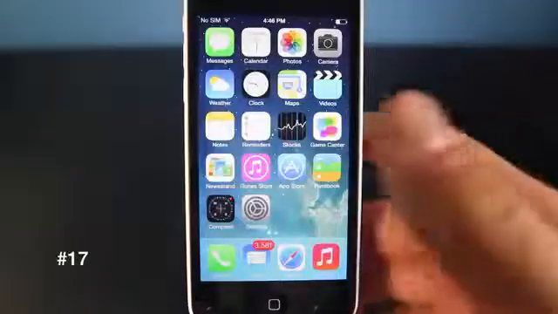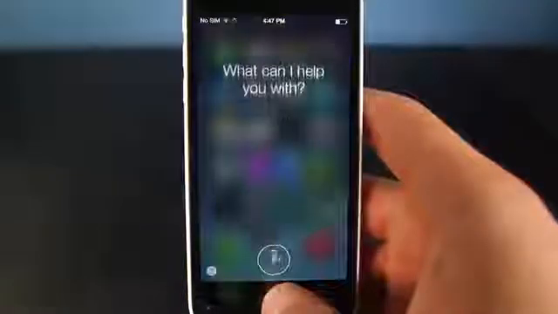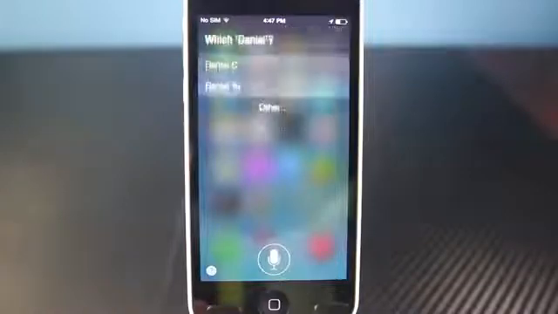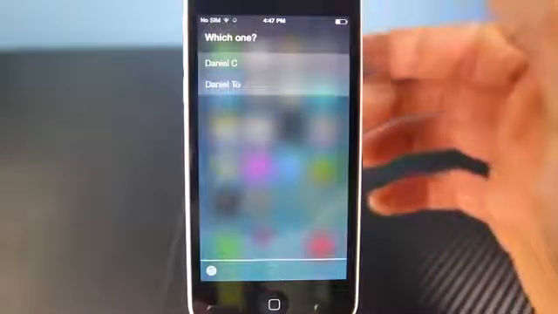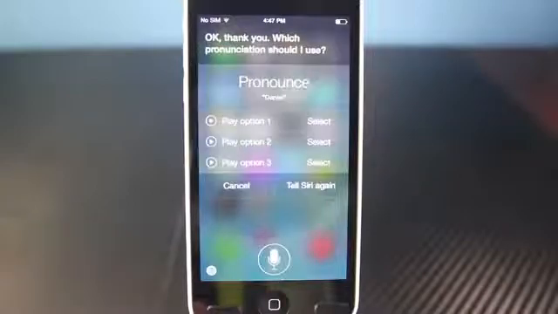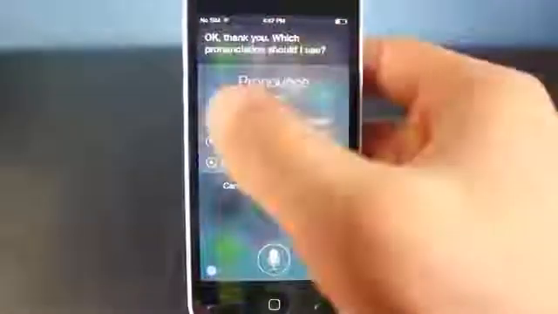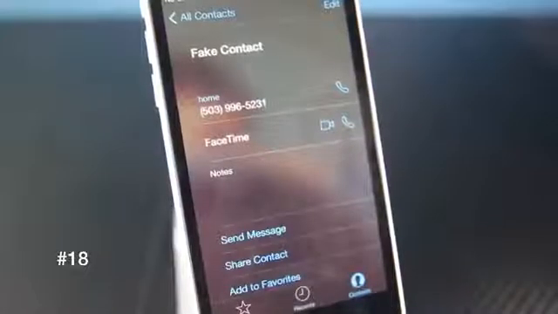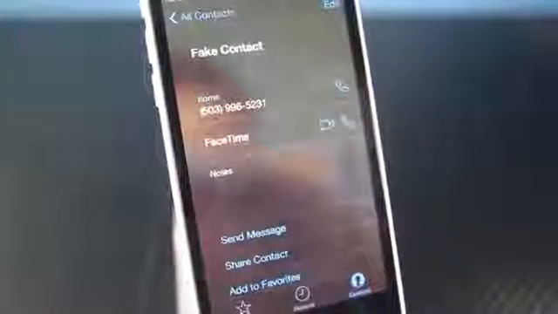You can actually make changes to pronunciations in Siri. Siri, call Daniel. Which Daniel? That's not how you pronounce that. Which one? Daniel C. Okay, how do you pronounce the name? Daniel. Okay, thank you. Which pronunciation should I use? Daniel, Daniel, Daniel. Using FaceTime, you can actually make audio calls now, and I've heard the quality is much better